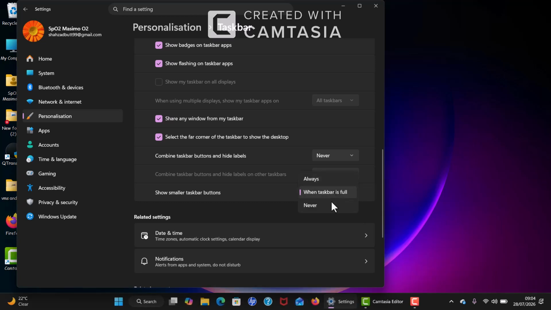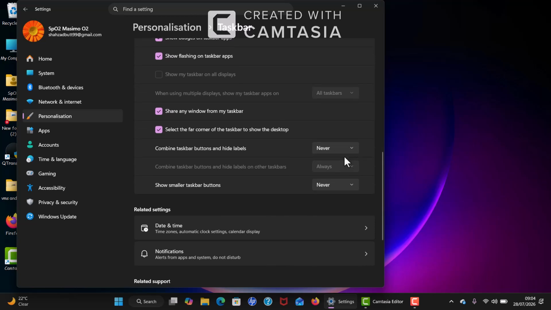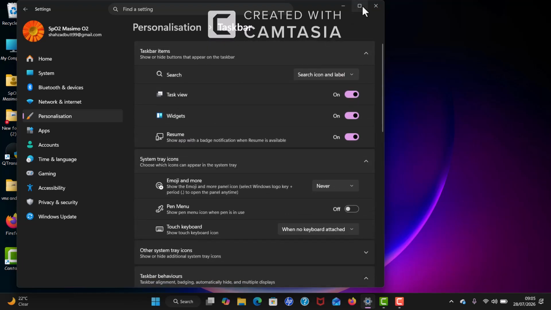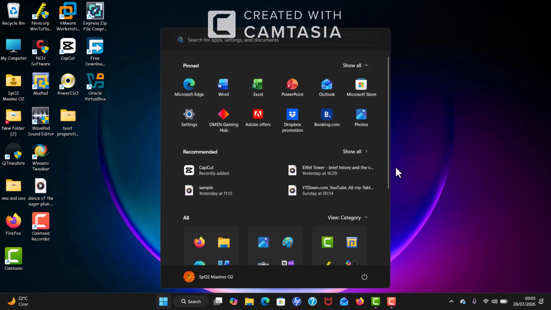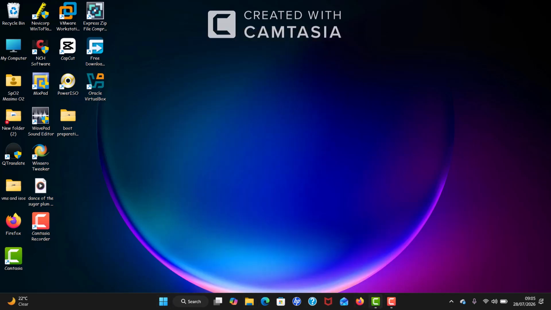Now I'm going to click on never, and then I would click on always. But if I click on when the taskbar is full, it combines. When I click always, it does not show the text and icon label. Okay, and that's what we're going to do. And everything is familiar as well, you know, the Windows 11 Start menu and the taskbar, etc. This orientation is the default on many Windows 11